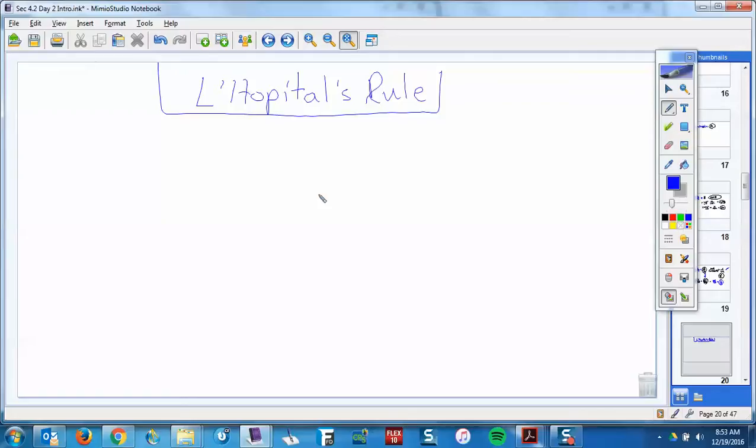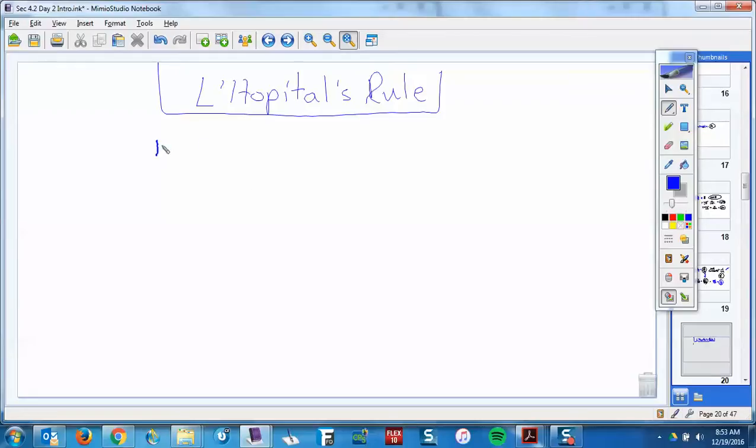So, I'm not going to write in all of the stuff that's in L'Hopital's rule. They call it Theorem 3 here in the book. So, if any of your homework says use Theorem 3, they're talking about L'Hopital's rule. Okay? It says let f and g be differentiable functions. Okay, so the idea here is